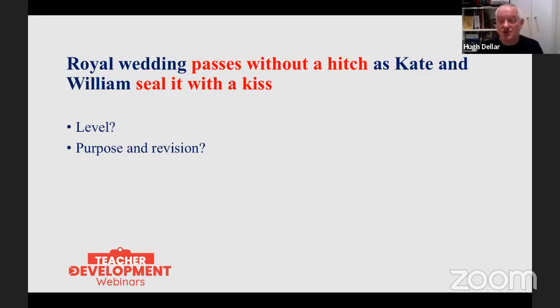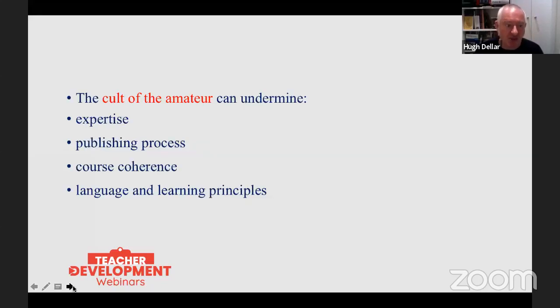Will this language ever be re-encountered? Will the material that that teacher brings into the classroom revise and recycle that language? Almost certainly not. Because what you do when you download one lesson from here, then another lesson from here, then another lesson from here, is you dilute the revising and recycling of language that as a coursebook writer, I know I'm including in my course books. So I think this is a problem.